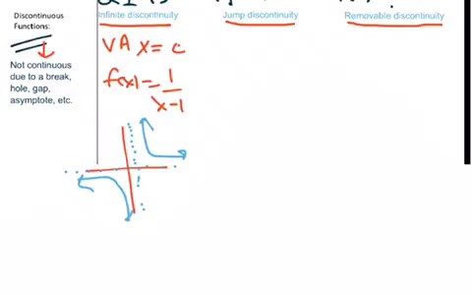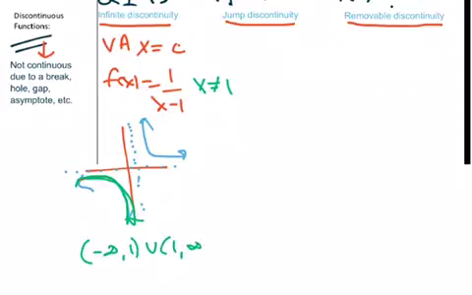Well, I'm looking at the domain when I'm considering this. I'm looking at the x values, making sure I could follow this without picking my pencil up. And as I follow this from left to right, it's going to go down infinitely. It's never going to cross the line x equals 1, because our restriction is that x cannot equal 1 for this function. In other words, our domain, some of you need practice with that, is negative infinity to 1 joined